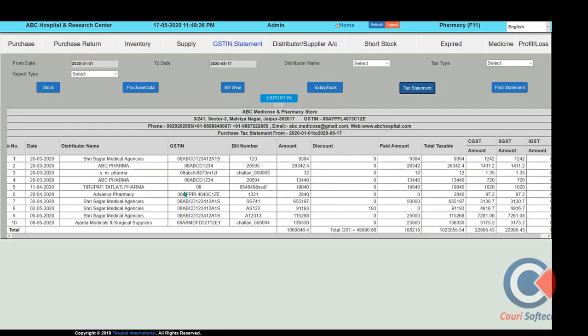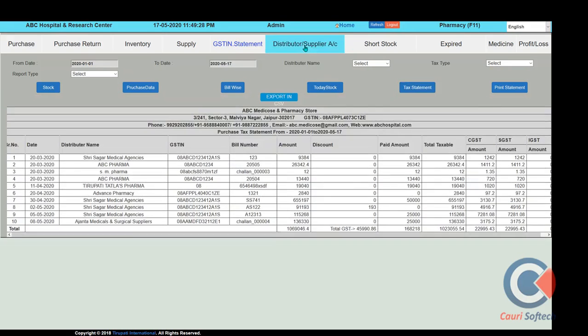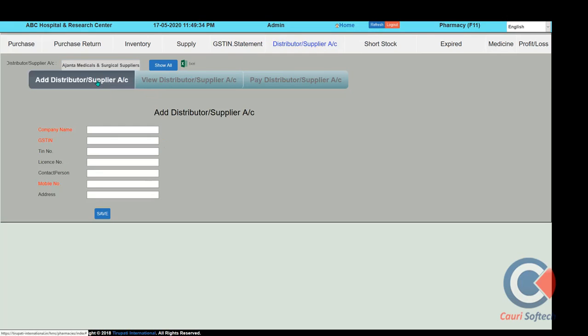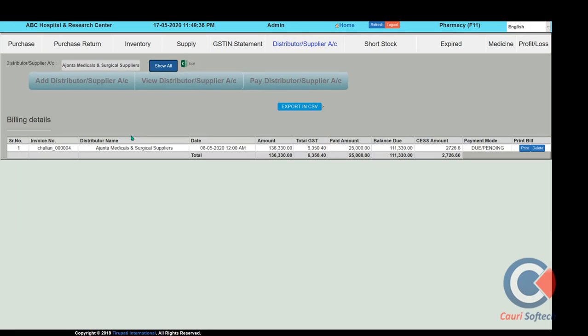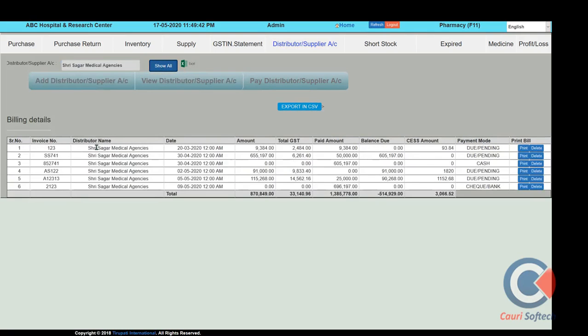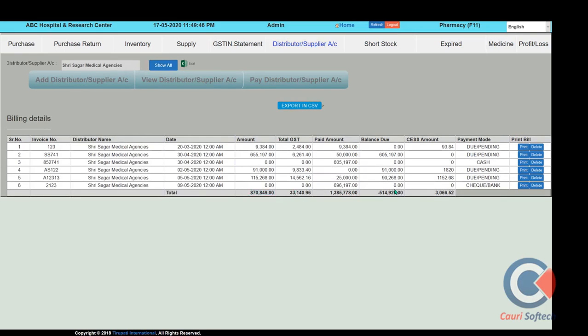Tax statement, and this tax statement can be used for the purpose of GST filing and ITR filing also. So here, if we go to the company-wise accounts information, we can show the company balance sheet, and any party payment records and reports we can access from here. This party balance sheet shows the total invoice information, total outstanding amount, total bill payment, and the payment status, whether pending or cash paid, all the things here.